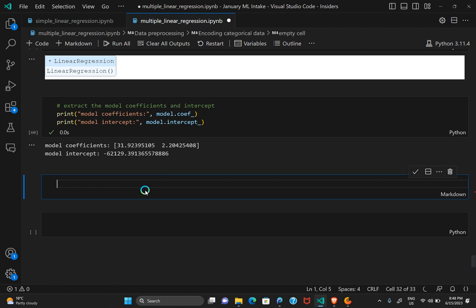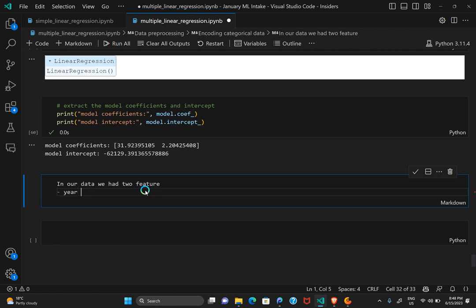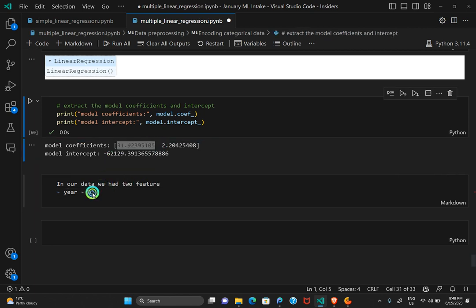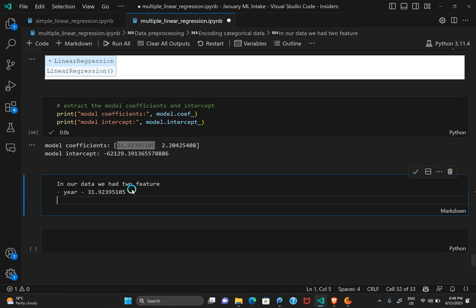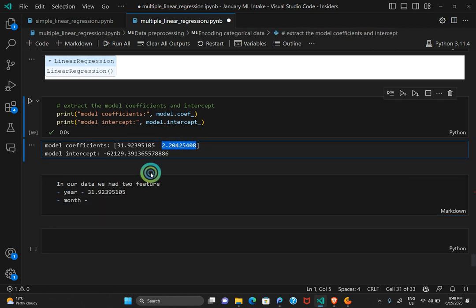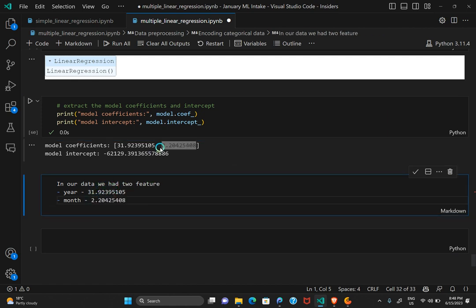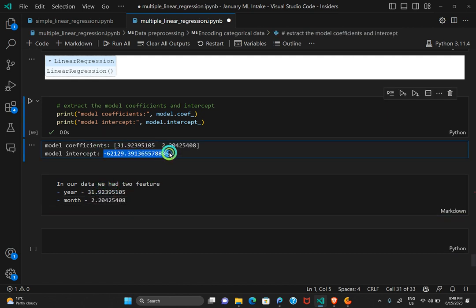So in our data, we had two features. The two features were year, which has a model coefficient of 31.055, and the month column, which had a coefficient value of 2.20, and the intercept of the model